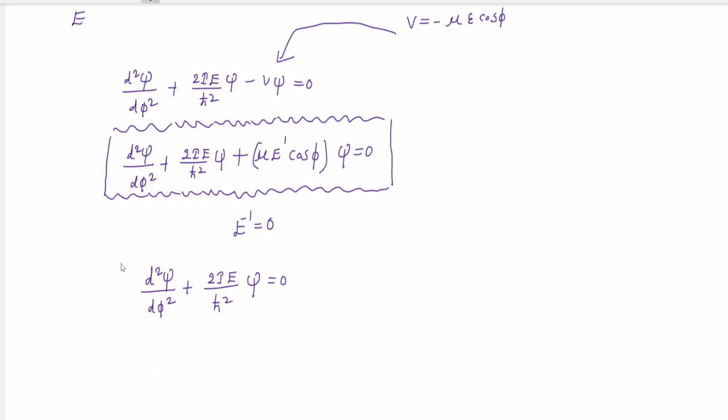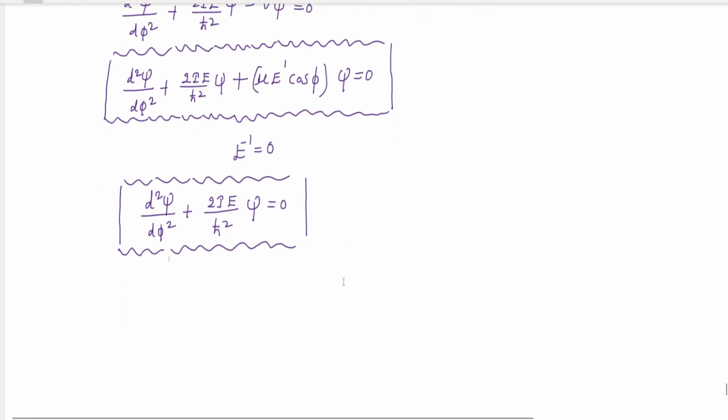So the normalized solution of this Schrodinger equation, the second order differential equation, we already know. This is the general equation. So the normalized solutions are